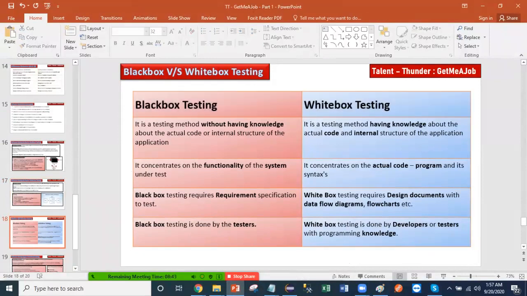But you should be aware, they might ask you, okay, are you part of the white box testing? You always say yes, I do the white box testing along with the developer, right? And I understand the code very well, so I can do the white box testing as well, right?